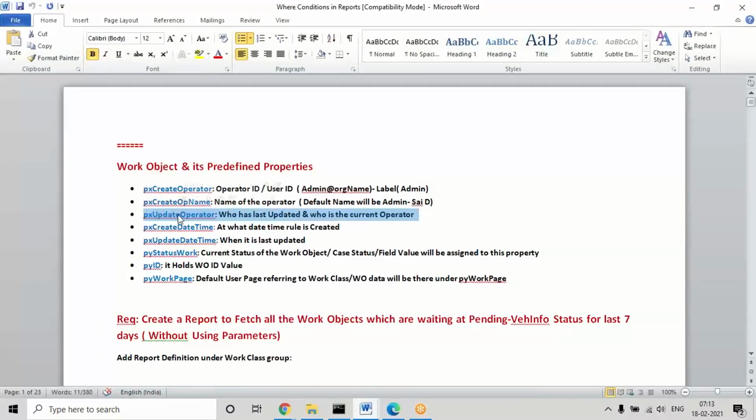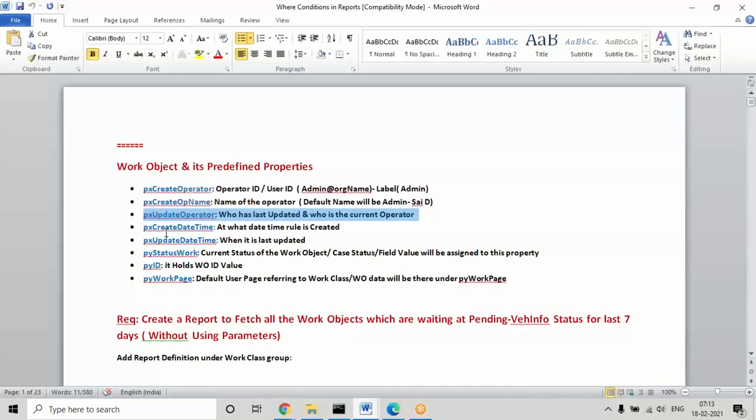There is something called px create update operator. In personal edition, create operator and update operator are both the same. But in live enterprise environments, one operator may create the rule and some other developer may update it, and that information is updated in every rule history.